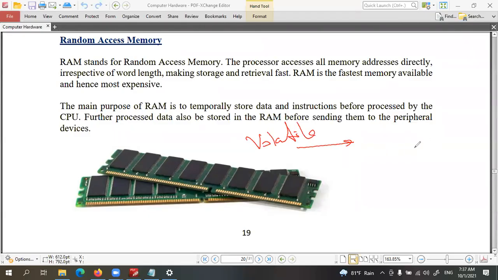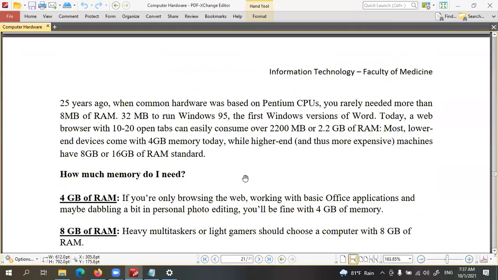If we just disconnect the power supply, the data in the RAM will be erased. So RAM is a volatile memory. It keeps data temporarily, only while it has the active power supply. Okay. The other one, ROM.